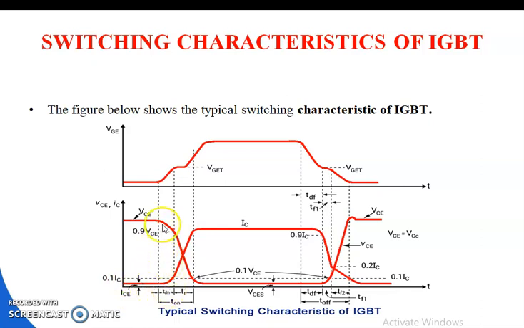Now the VCE curve starts falling and the IC current starts increasing. In this period, another interval arises, that is your rise time. The time taken to fall the collector emitter voltage from 0.9 VCE to 0.1 VCE is known as the rise time of the